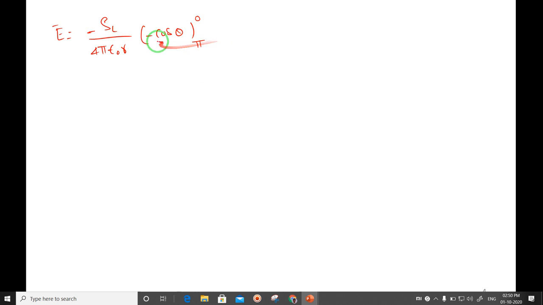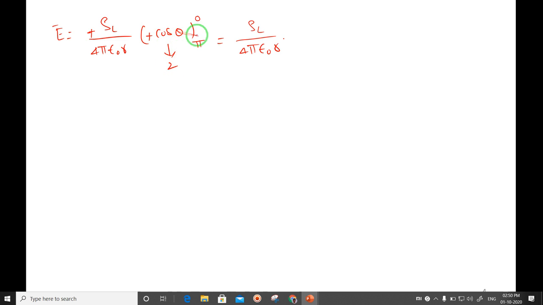Okay. This minus and this minus will become plus. Minus into minus is plus. So rho L by 4 pi epsilon naught r. So this minus is vanishing. Then calculate cos upper limit minus lower limit. Cos of 0 minus cos of pi. Here my calculator is in degree mode, so instead of pi I will take cos of 180 degree. Cos of 0 degree minus cos of 180 degree. I am getting 2.